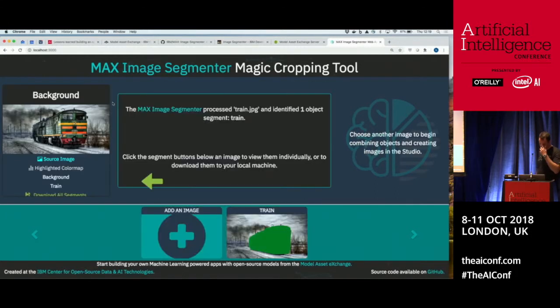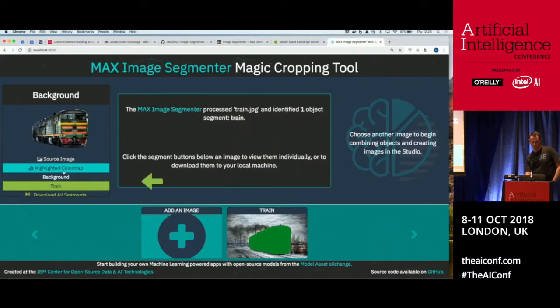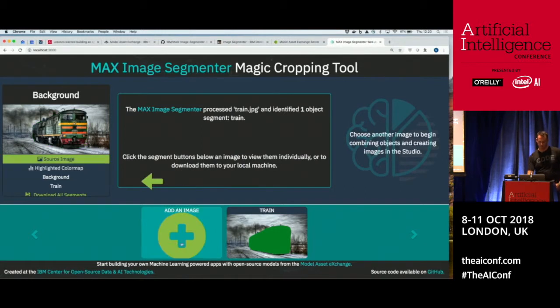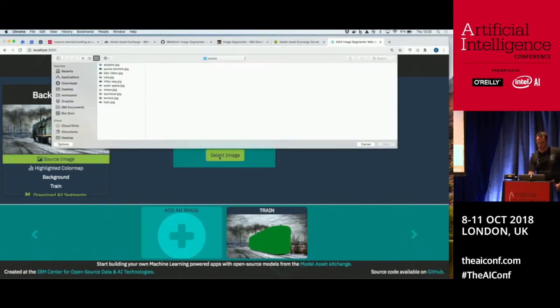So we can upload an image, and it's gone ahead and called the API, and it comes back with the objects, right? So it tells us we've identified a train, and we can just crop that out from that image. We can see that that is the segmentation map that is coming back, and we can add another image.